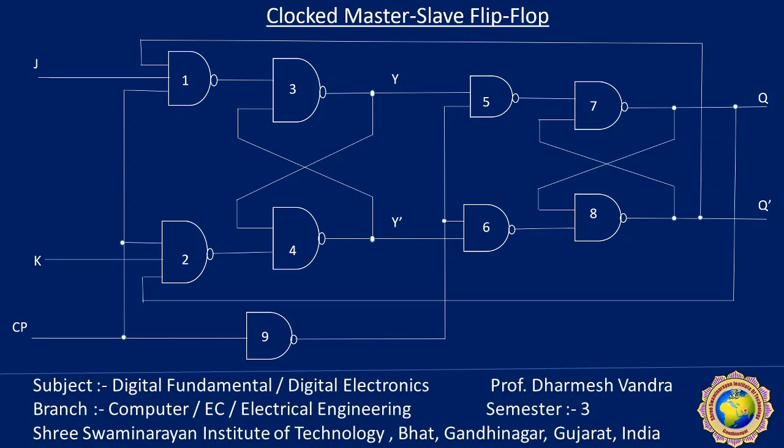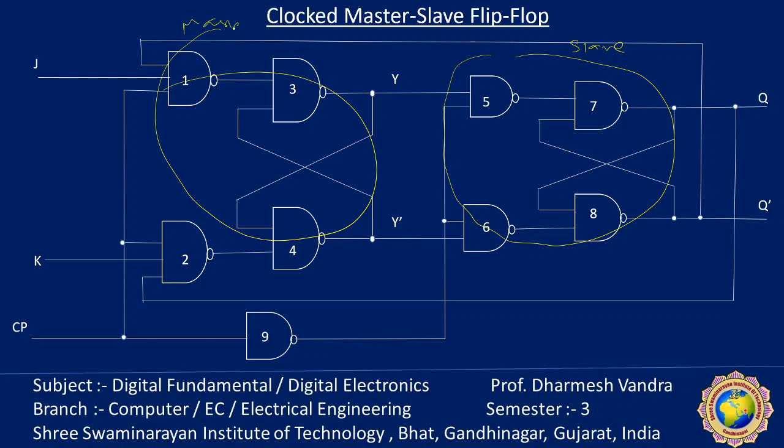Okay, in reverse order. The master slave combination can be constructed by adding a clocked RS flip flop with an inverted clock to form the slave. Here the circuit diagram shows the JK master slave flip flop with the help of NAND gates. So two flip flops are there. This is the slave, and the first one is the master. So the slave follows the master circuit.